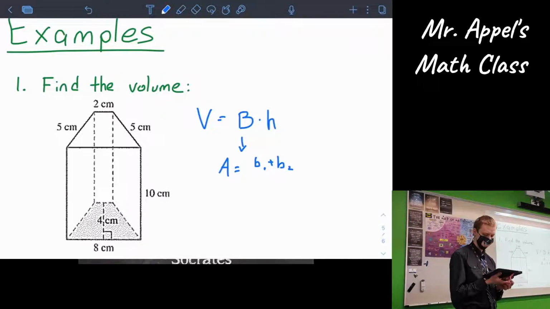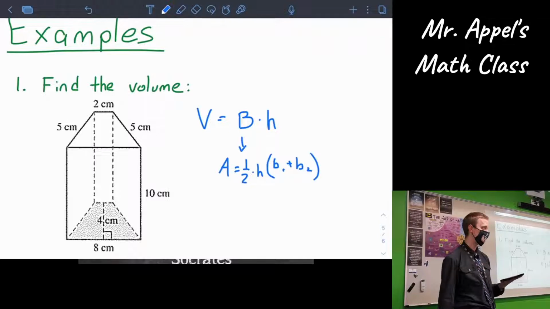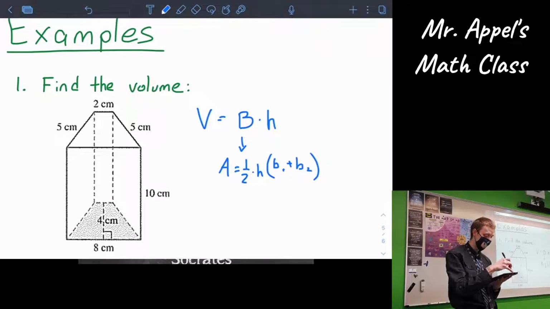1/2 height times base 1 plus base 2. Yeah, there you go. So you gave it to us as 1/2 times height times base 1 plus base 2, right? Like that? Yes. I prefer it as base 1 plus base 2 divided by 2